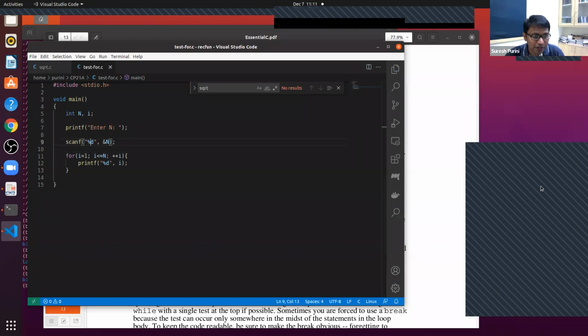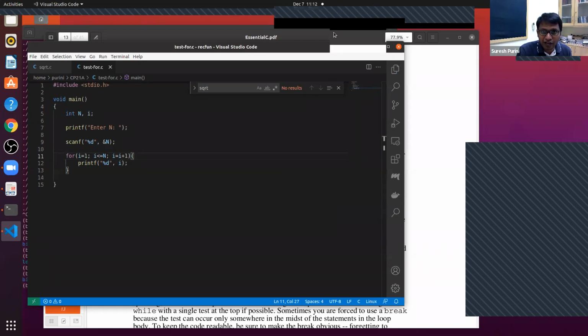So ++i means you increment i, or you just write i = i + 1 for the time being. This is not a big deal. i = i + 1. You can do that. So if you look at